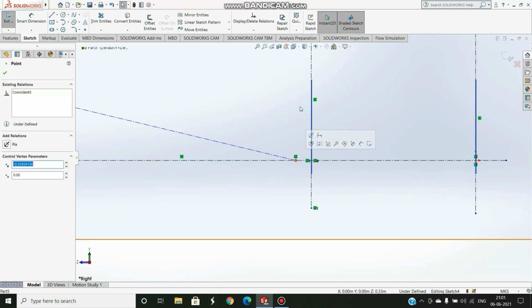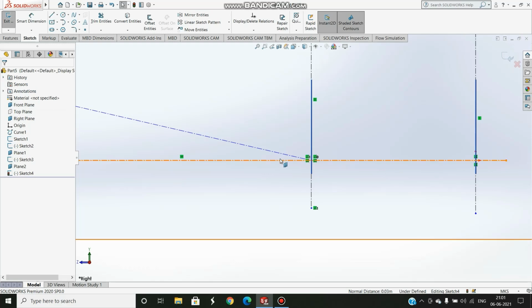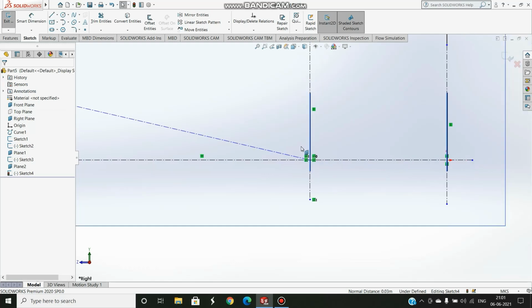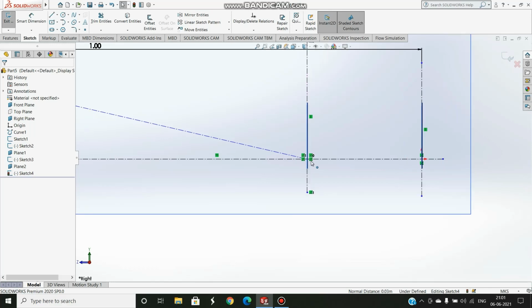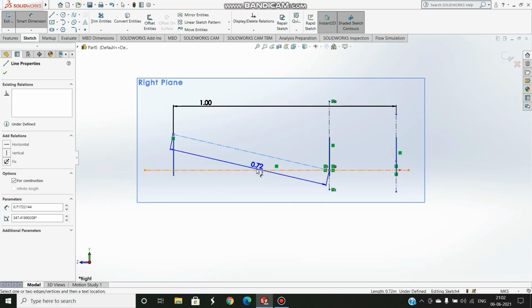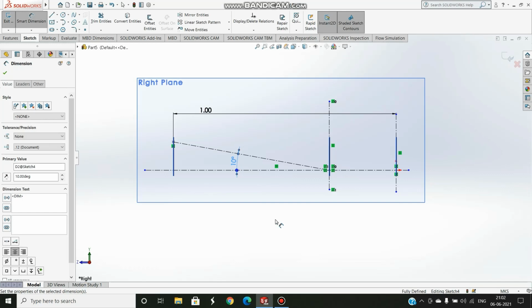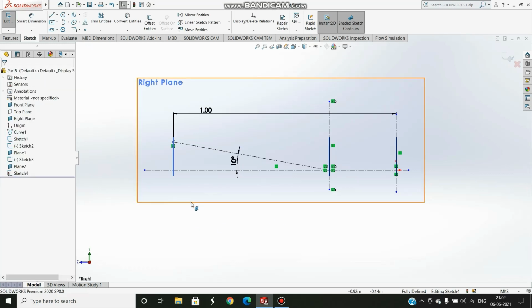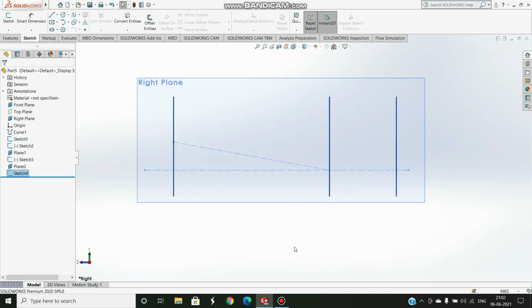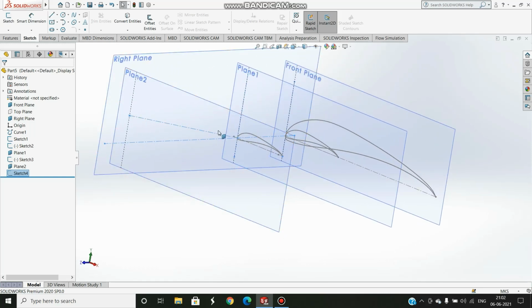And then you select this point again and Control plus left mouse button on this too, and you'll get the coincident option. Now this point is coincident to both this and this line, so you know that it's intersecting right here. So now that we have this, we just need to specify the angle. I want a dihedral of 10 degrees, so I do that. And now we are good to go. Now that we have the point, you'll know what I wanted to do. All I have to do is create a horizontal line from here.